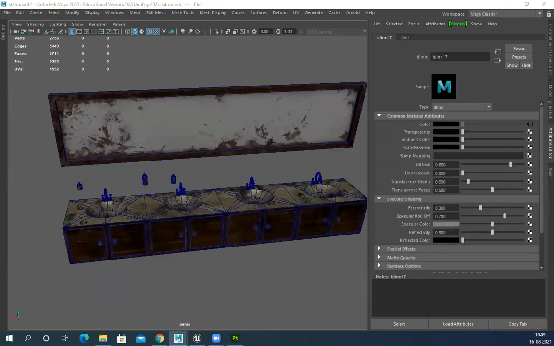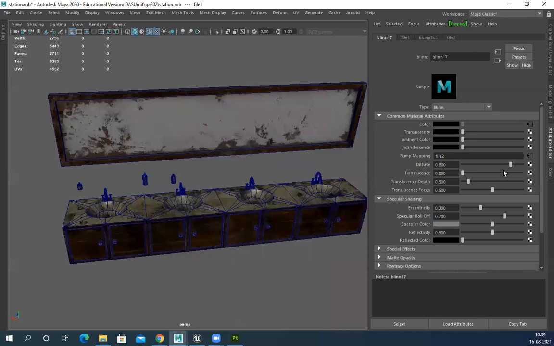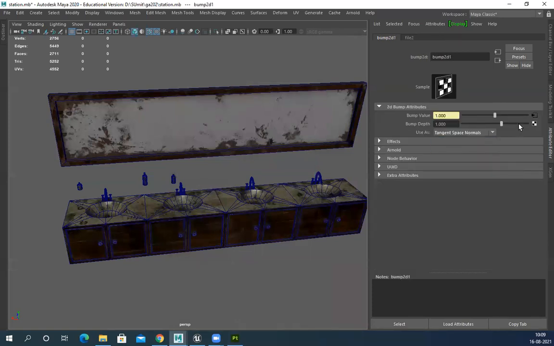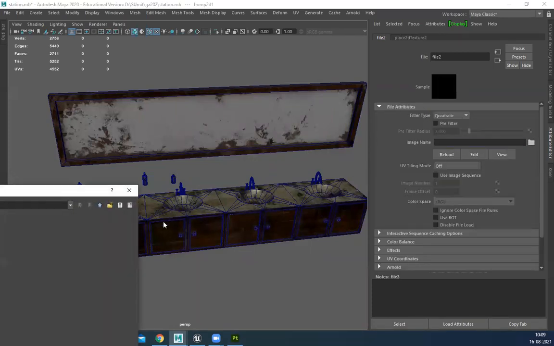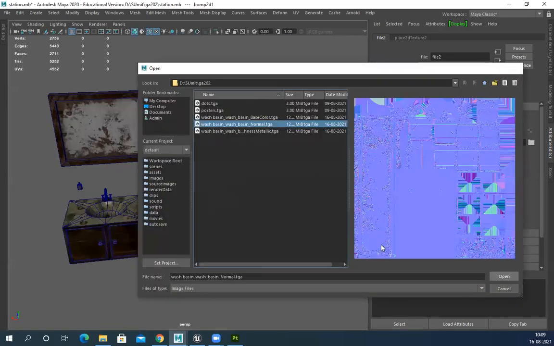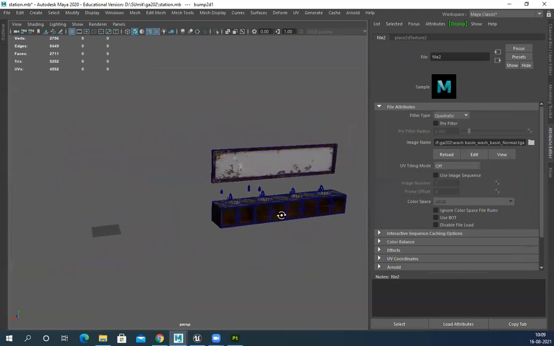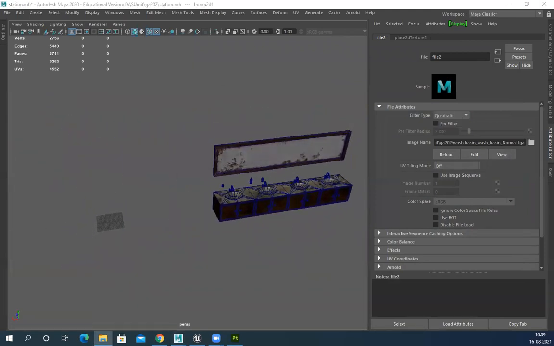Roughness you cannot apply in Blend, and that's why I will have to apply roughness directly in Unreal only. Then select and open the same folder, and you can see normal map. Yeah, done. So now I have to export this separately.